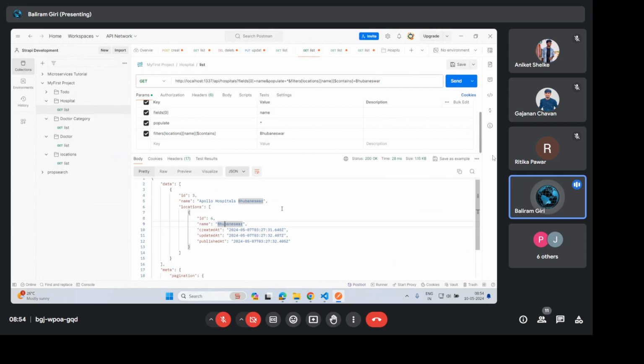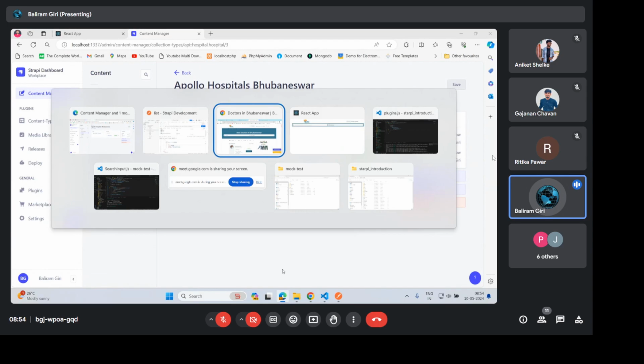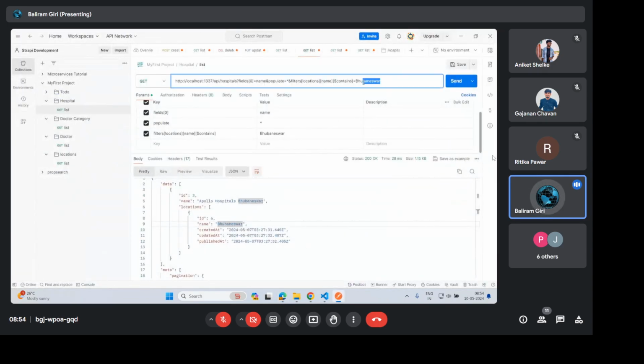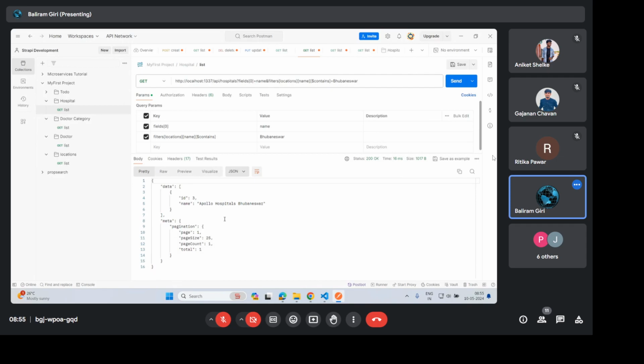अब इसके लिए मुझे कहाँ जाना पड़ेगा? क्वेरीज में, यहाँ पे, राइट। Based on the selected locations we need to get it. तो ये क्वेरी मुझे ऐड करनी पड़ेगी। पॉपुलेट करने की जरूरत है क्या? देखते हैं, मैं एक बार देखता हूँ। Yes, not needed, पॉपुलेट भी करने की जरूरत नहीं, इतना भी कर सकते हैं।